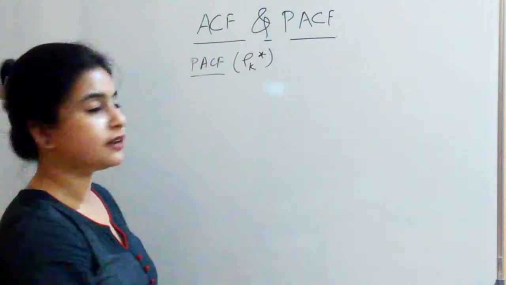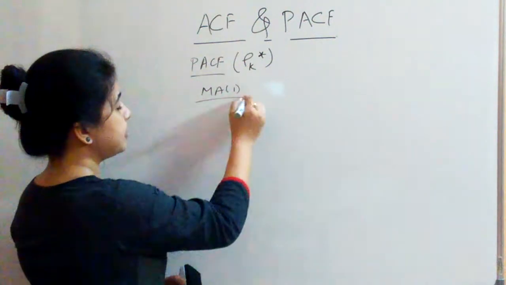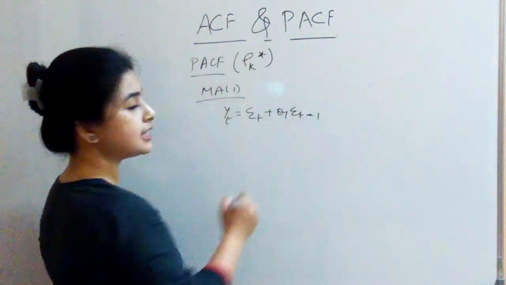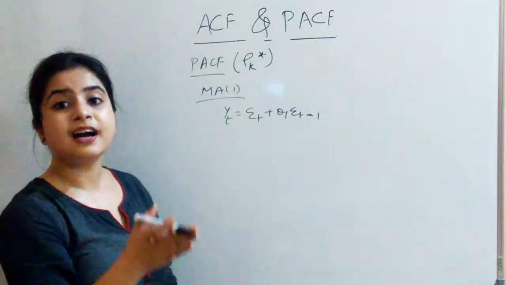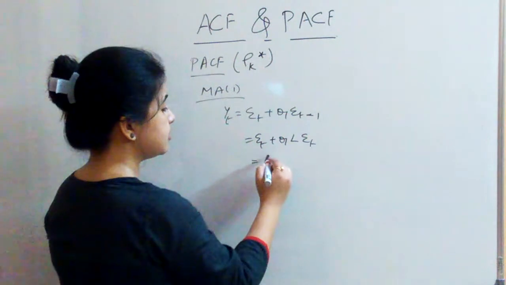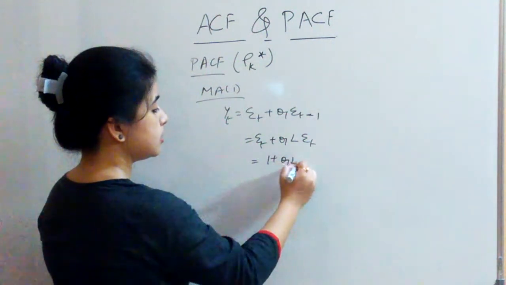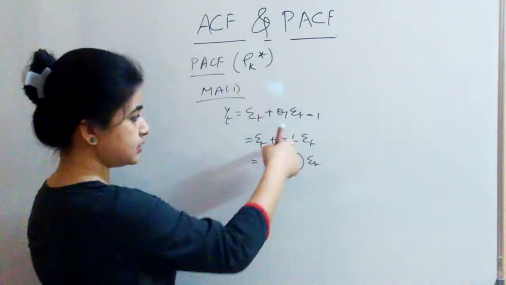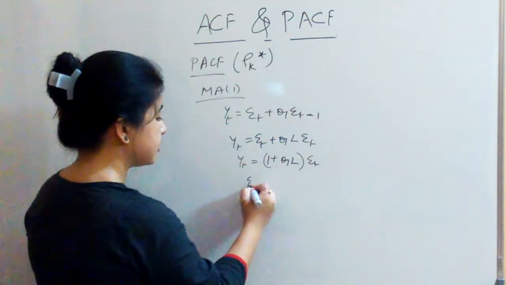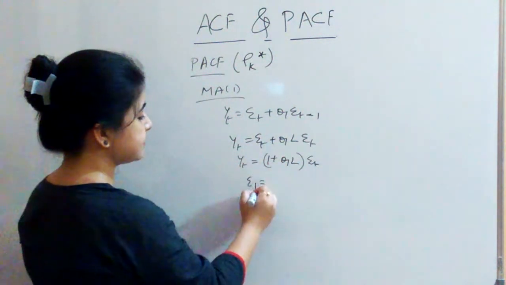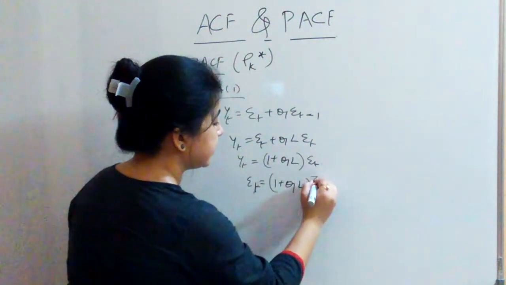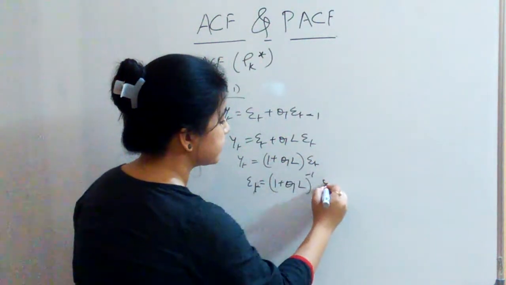Okay, now it's time for the MA series. Let's start with MA1, MA of order 1. How does it look? Y t equals epsilon t plus theta 1 epsilon t minus 1. Now I am going to incorporate a lag operator: theta 1 L into epsilon t. So here we have yt, there is no change to that. Now, taking this whole thing to this side, we get epsilon t equals 1 plus theta 1 L whole to the power minus 1 into yt.